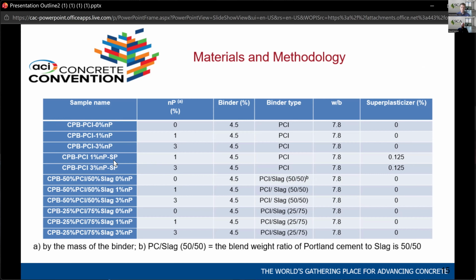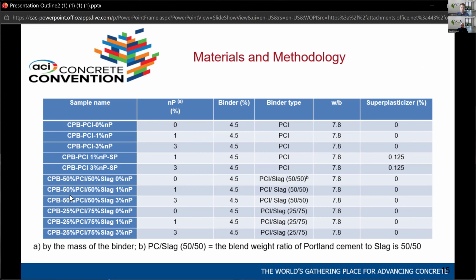I didn't use superplasticizer with no nanoparticles because there was no point. So the other two are with nanoparticle and superplasticizer, and the rest is 50% slag and 50% cement with